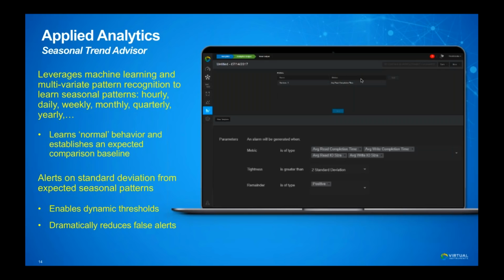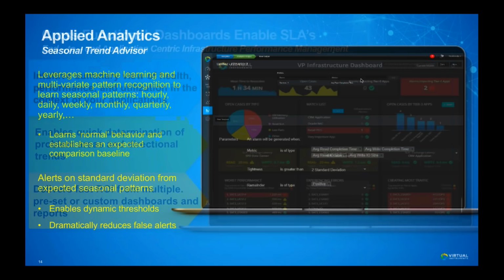So imagine the shift in operations when, instead of receiving the call from the database administrator saying, hey, my storage is slow, you actually make the call to the database administrator saying, hey, this morning, the query workload from your database went up by 2 standard deviations over what is normal for the second Tuesday of February. Just a massive shift in the ability to have that intelligent discussion around a specific app and have the data to enable you to not fly blind, but literally fly by wire.